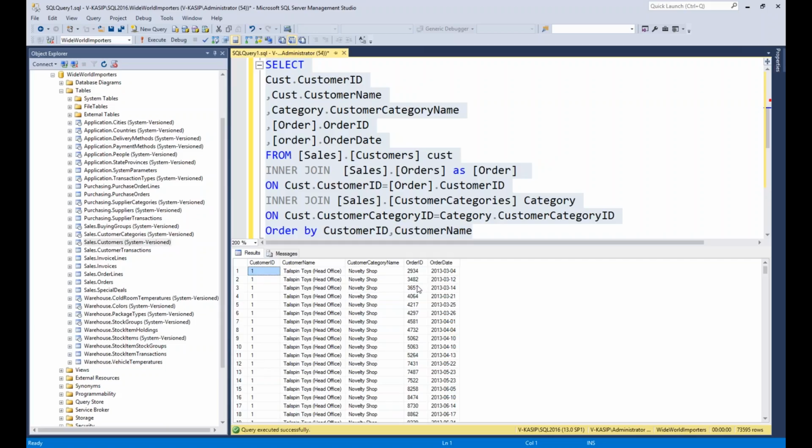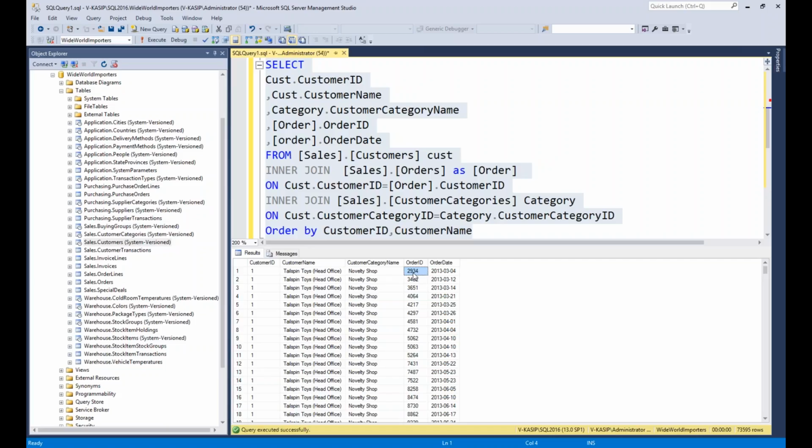So these two columns are differing. That's why these three columns are the same for all of them, because for one customer the customer name won't change, since in the customer table there is only one record for one customer ID. The customer category is also only one.